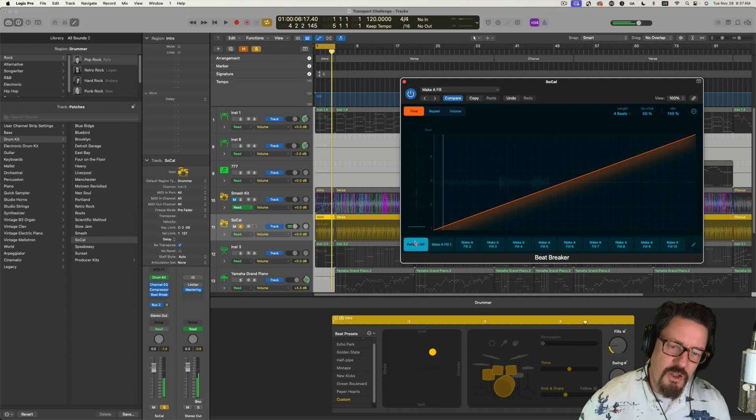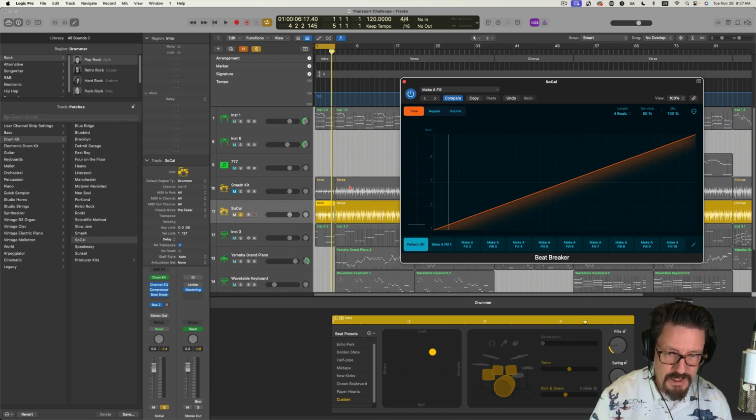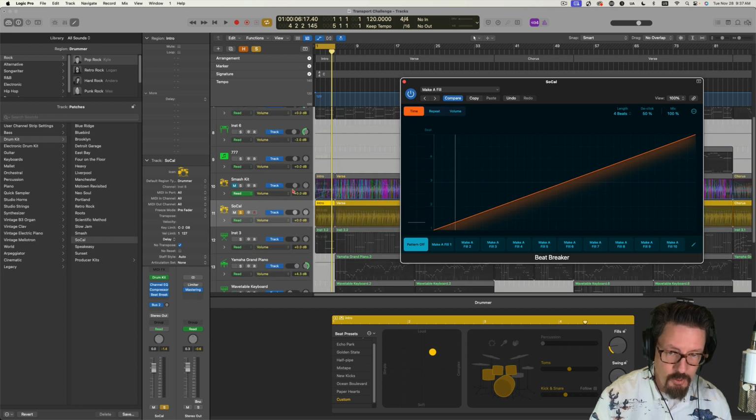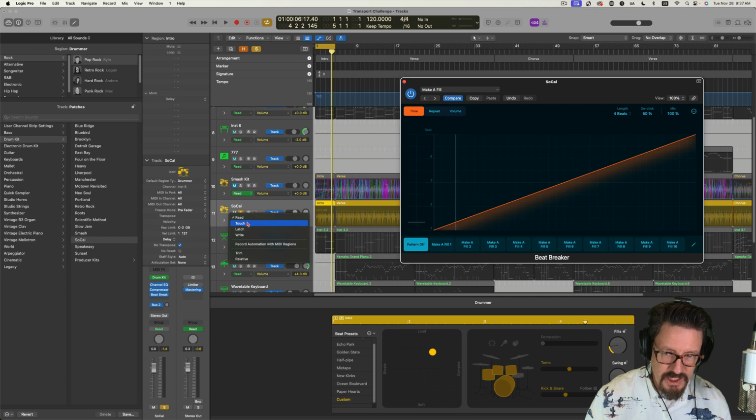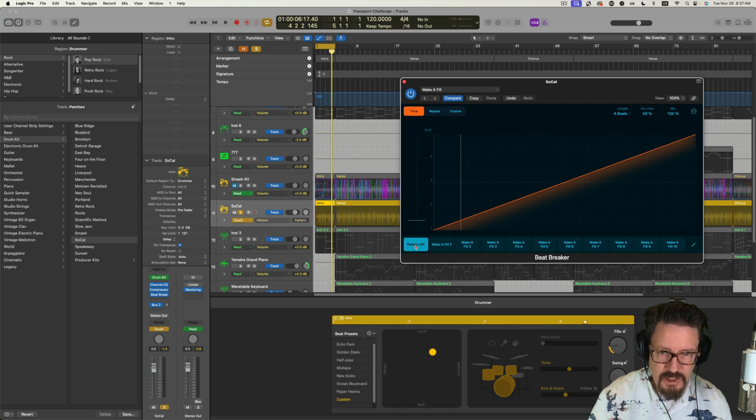So it's a little clunky to have to click back and forth, which is where automation mode really comes in handy. We're going to put this in automation mode. First of all, if you don't know how to see this view in the first place, A on your typing keyboard will open that up. And then we're going to switch this to touch mode, which means it's only going to record when you make changes. So we can click this pattern off,